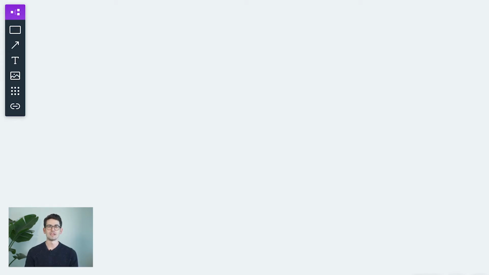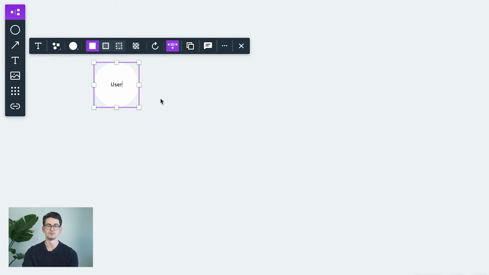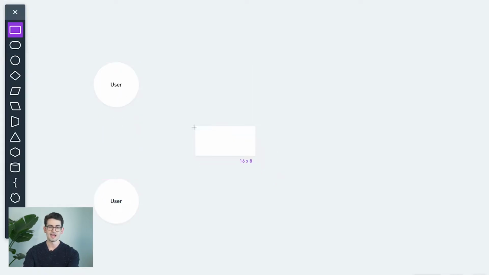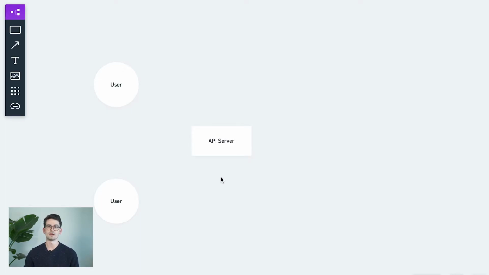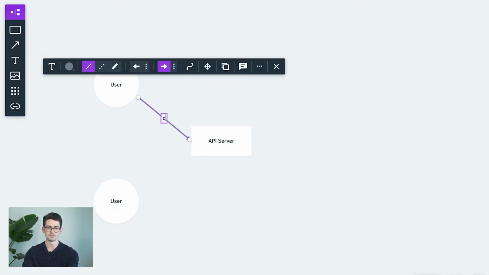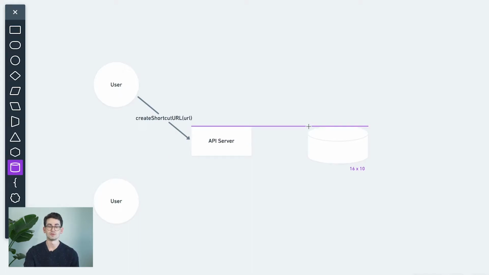Okay, now that we've laid out some of the API endpoints and features that we want to support, let's talk about the overall architecture of our application and the components that we're going to need to build. So let's talk about both of these use cases, where we have a user who's creating a shortcut and a user who needs to visit a shortcut and be redirected. We can have both of these users contact our API server on the back end, and this will help either create a URL or redirect the user. So let's talk about this user who's creating a shortcut first. They're going to call our shortcut URL endpoint, and then our API server is going to insert a new entry into our database to store this URL shortcut,